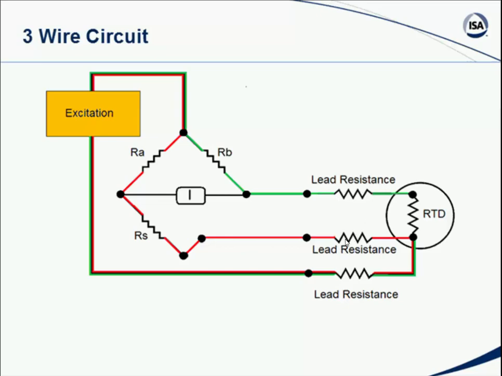We could go off and try and calculate it, but again, even copper wire will have a resistance that changes over temperature. So, we can't put in a pre-computed compensation value. The ideal would be to actually make a measurement of the resistance of those leads. Well, we don't want to screw up the RTD itself. We've got a certain amount of current flowing through it that allows us to make a measurement, so we don't want to change that. But one of the things we can do is attach a second lead to one side